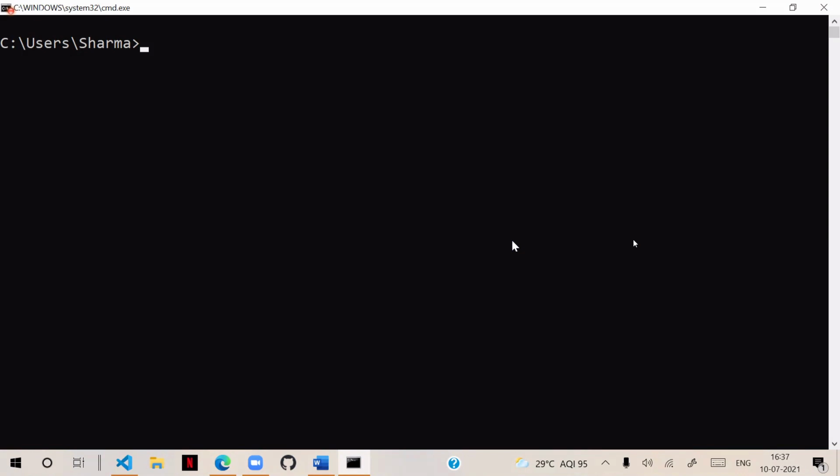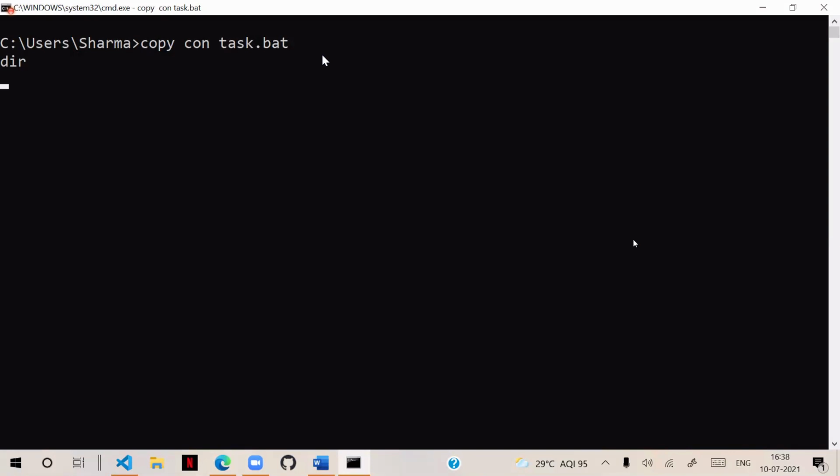will create a simple copycon task. I am creating a task batch file. Don't worry about the commands, but see the concept. Copycon is a command used to create a file from the command line. From the command line, we can create a file by using the command called copycon. Copycon task.bat, okay. In that file, I am writing dir. That means it executes the dir command.